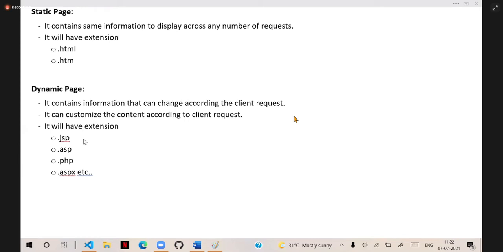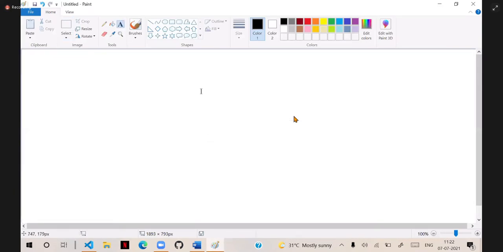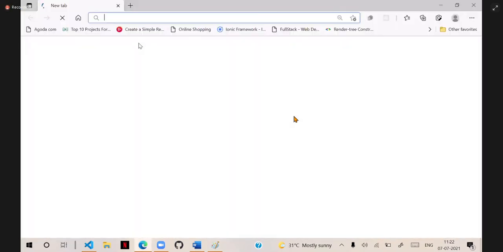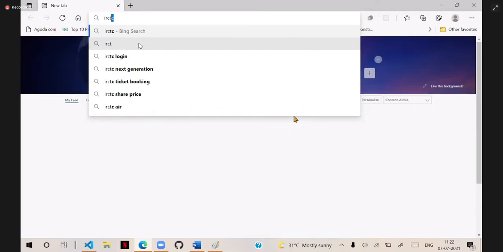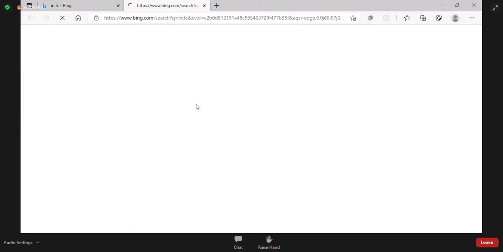A dynamic page will change according to the request. For example, suppose we opened some website. Let's open a website here and see IRCTC, railway reservation.